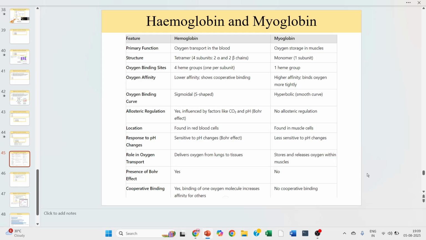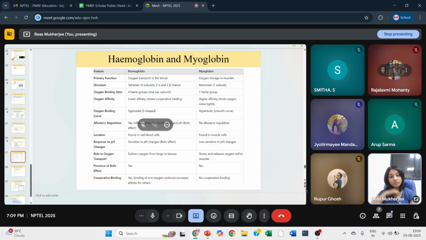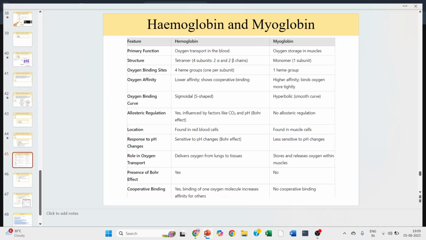Now this is important because see these tiny things such as Bohr's effect. That is, hemoglobin is sensitive to pH changes. So you have to read about these. There are questions about hemoglobin and myoglobin, and one has a sigmoidal curve for oxygen binding and the other one has a smooth hyperbolic curve, and the sigmoidal curve comes from this cooperativity effect. That is, initially it is low, but then it rises suddenly and then gets saturated, right? So these are things that you have to remember.